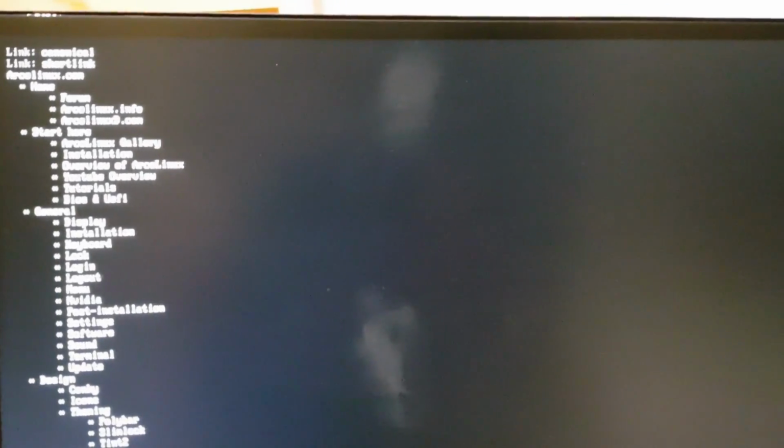ArcoLinux.com. The dot is not working. .com. Okay, so this is what you get when you use links. You see all the menus here, and if you use page down,